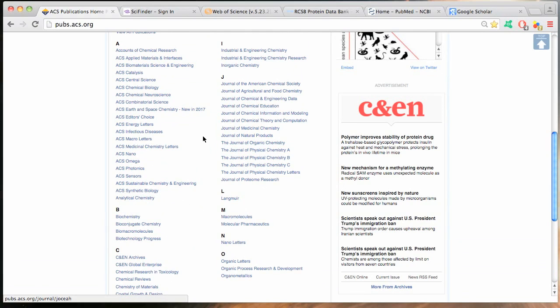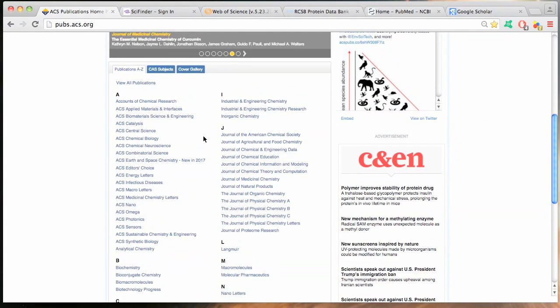Okay, so UCA has full access to all of the journals. So if you got some interesting papers that you want to read and they happen to be ACS publications, you can just go to this website and check the literature. Well, two important journals